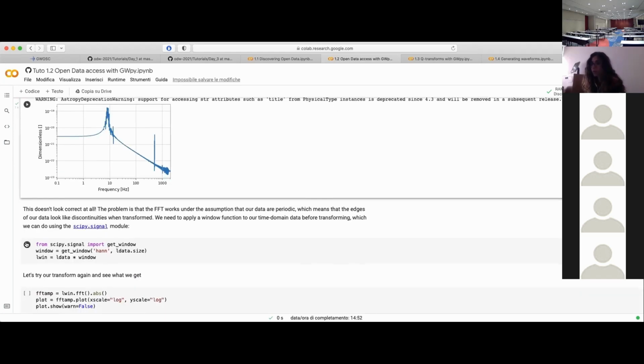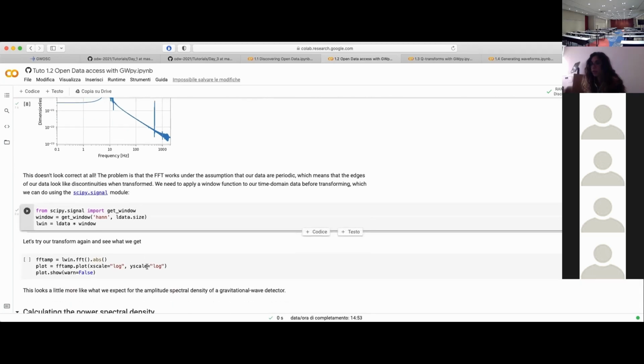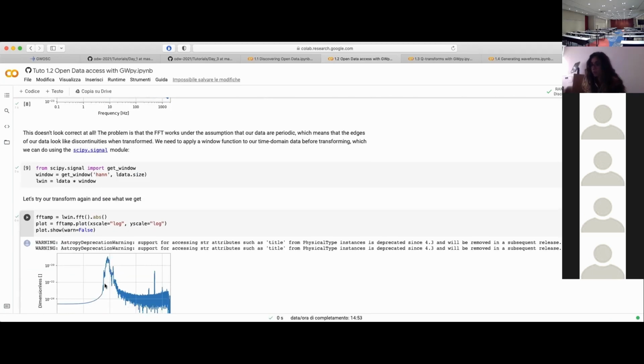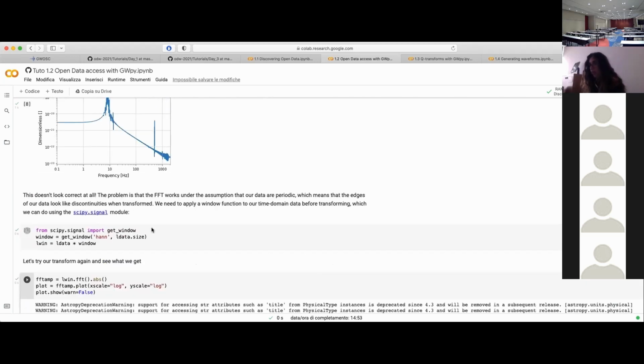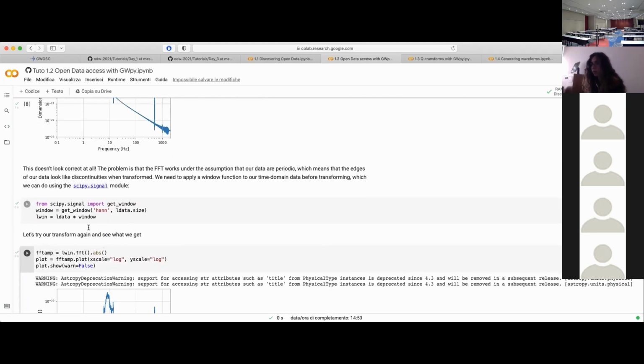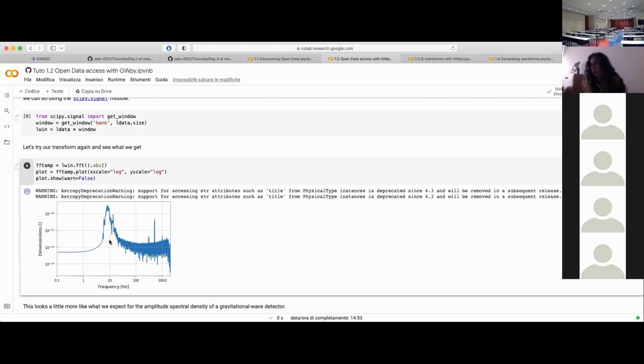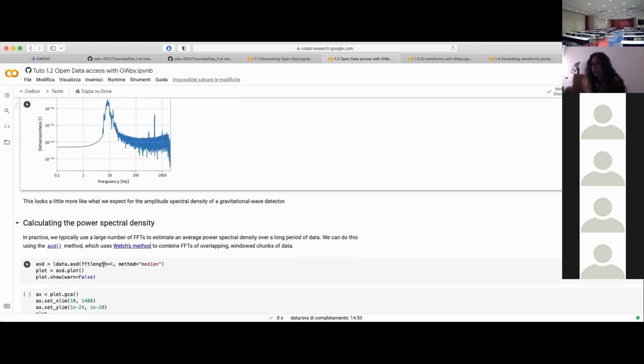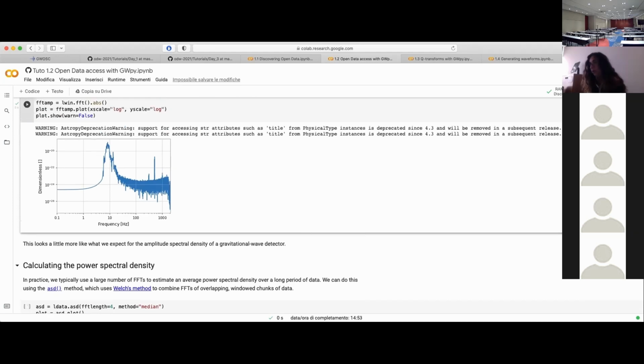Usually we use this window, and if you modify this with the window, you see that now it's nicer. Then usually we basically throw away everything that is below 10 Hertz, because it's